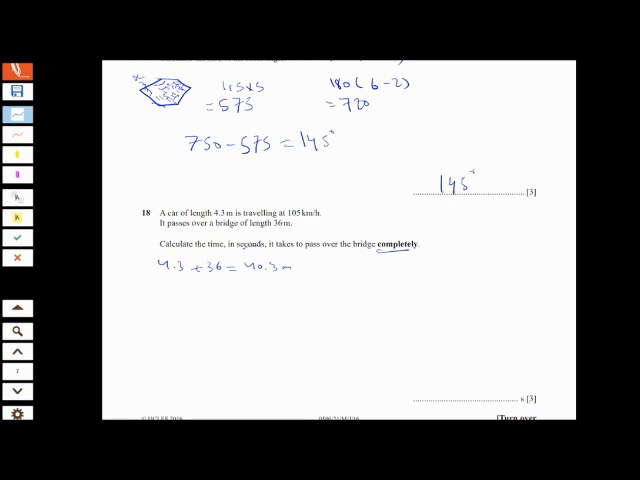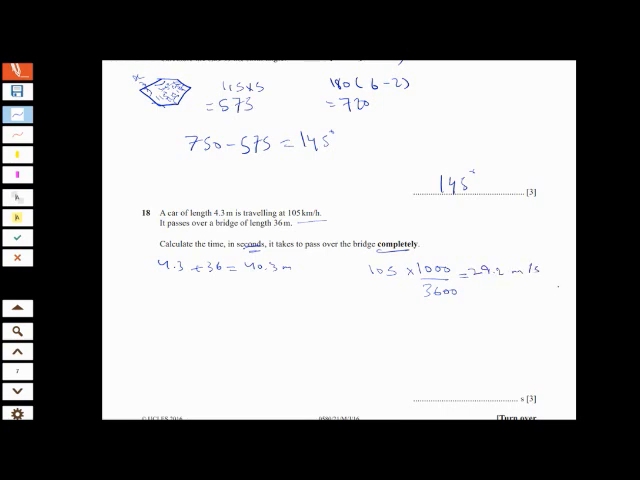Now they want the time in seconds, and notice here the speed is in kilometers per hour, and distance is in meters. So what we have to do here is convert 105 kilometers per hour to meters per second. How would we do that? 105 times 1000 to turn it into meters, and then divide by 3600 to turn the hours to seconds, and that should give you 29.2